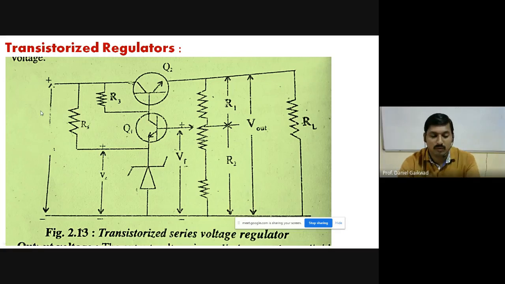So that output of the filter is given here as positive and negative. Now check the diagram carefully. R3 we have taken from the positive supply and connected to the collector of Q1, and that will be connected as the base also. So the base of Q2 is connected to the collector. Similarly, R5, the potential taken from the positive terminal, is connected to the emitter